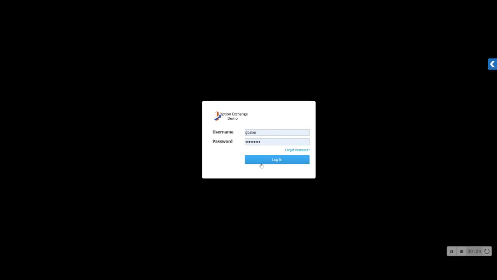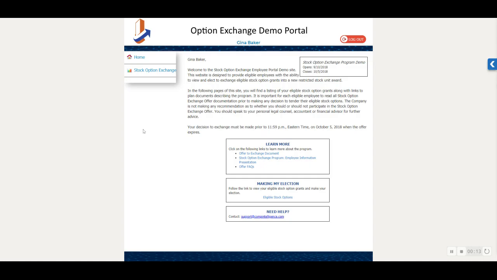I'm just going to walk you through a quick demonstration of our option exchange website. First, let's log in. And once we get to the home screen here, we have a few options. We've got the home link, we've got a stock option exchange link, which will take us to the actual exchanging